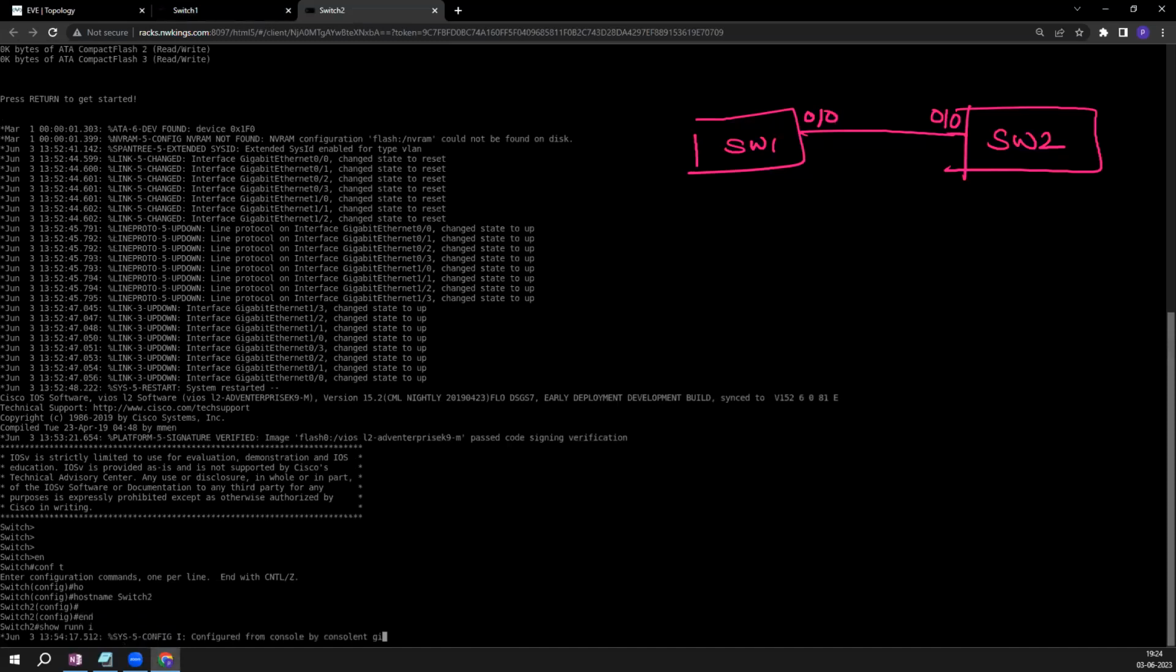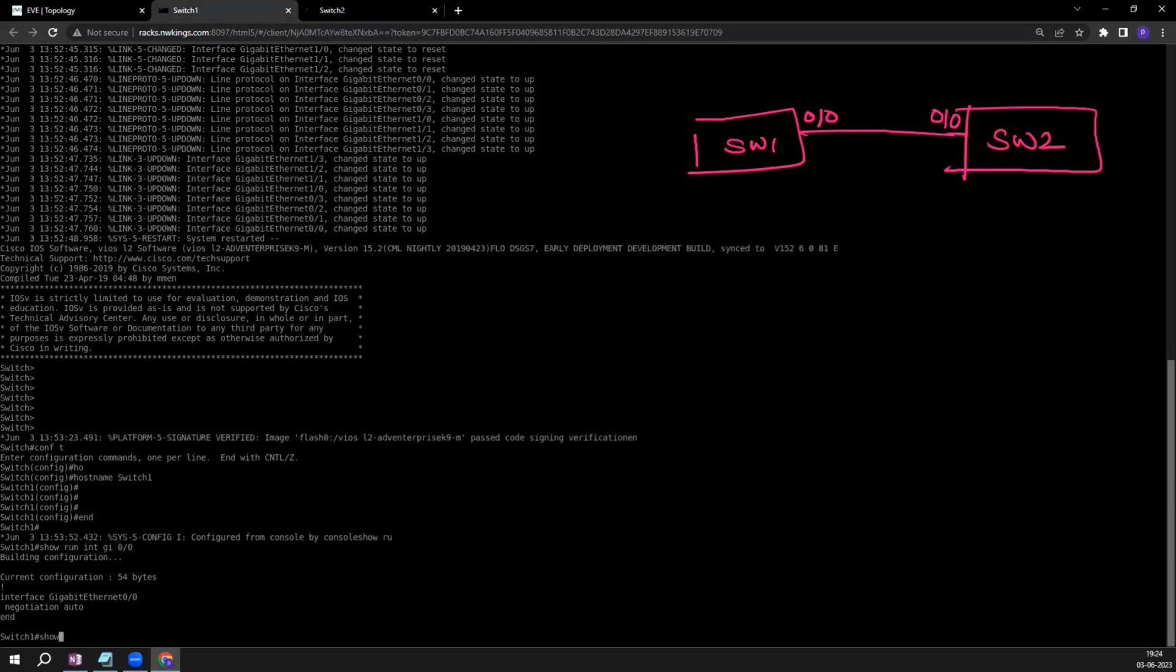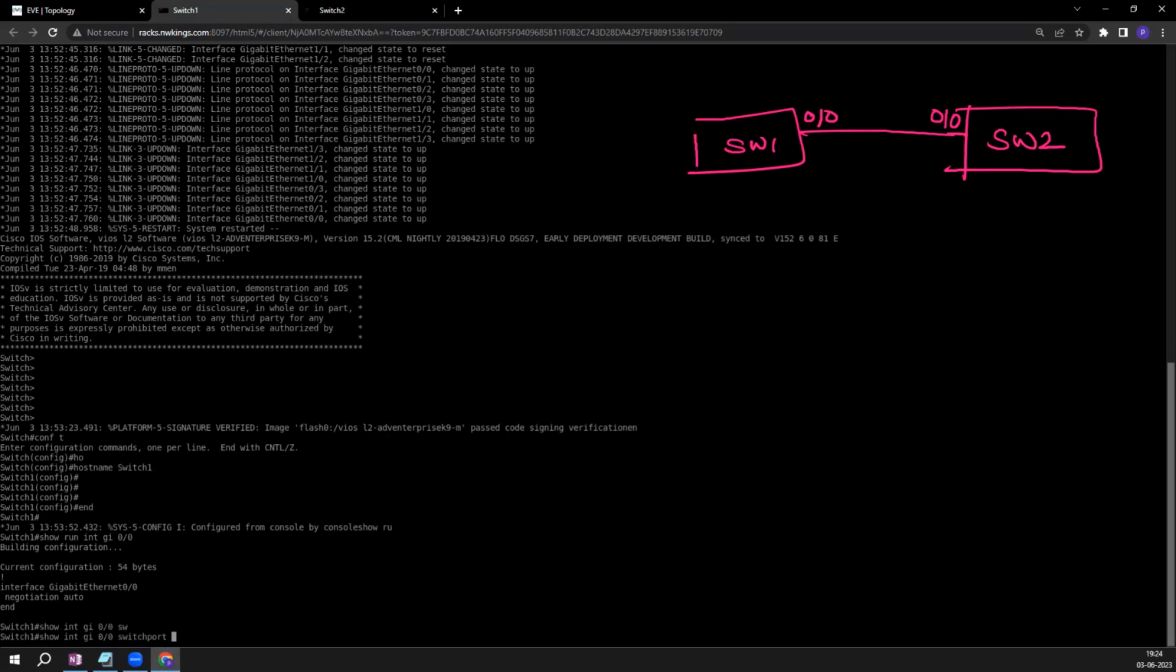Show run interface gig 0 by 0. Do we see any kind of configuration present? Did we add anything? No, sir, just the host name. Host name, nothing apart from that. So if I check what default configurations are present on this gigabit 0 by 0,